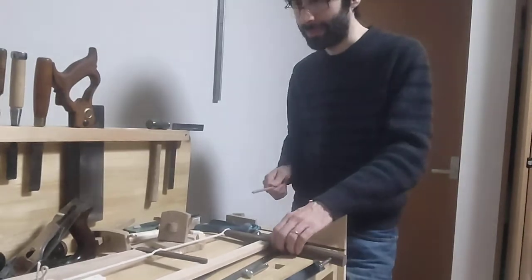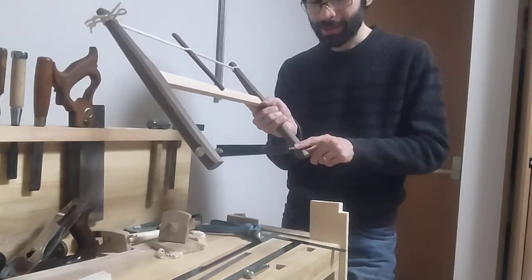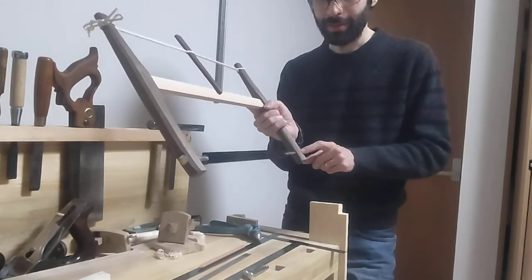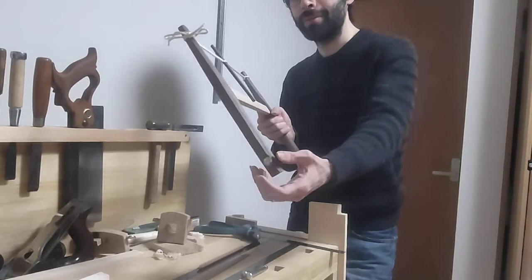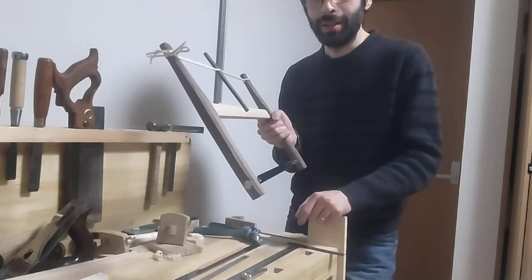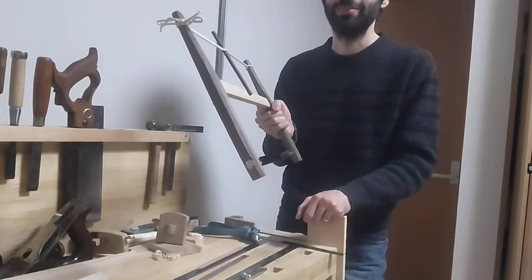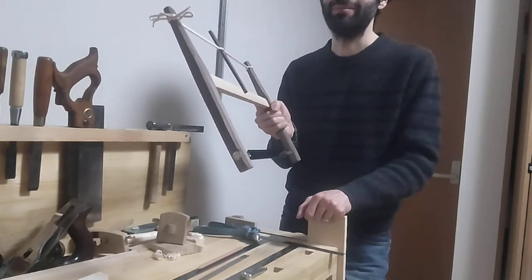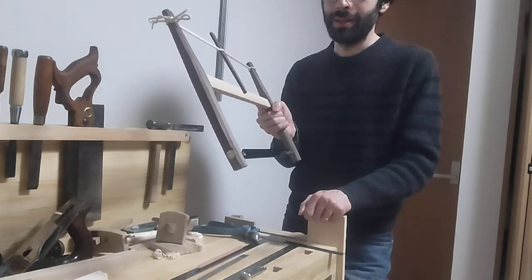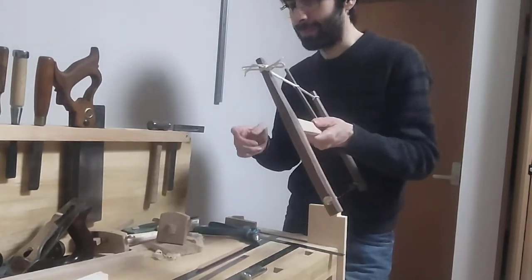Oh, one more important point if you're building one. One more very important point is that these bolts need to be a very, very tight fit into the handles. So when you drill the hole for the handles, you need to drill a smaller hole than the size of the bolt. Maybe 0.2 or 0.3 millimeters, maybe 0.5 millimeters smaller than the bolt that you're using. And it needs to be such a tight fit that you should require a pair of pliers to